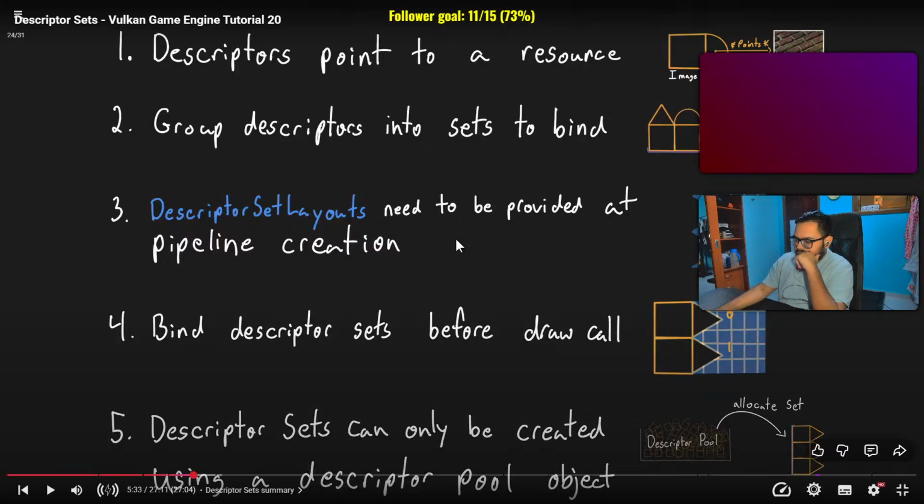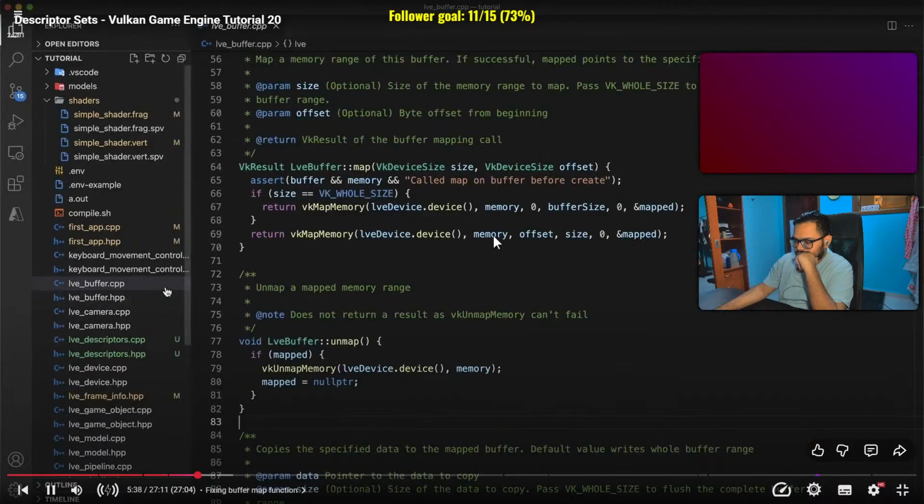Now, before starting with this tutorial, there's a small change to make to the buffer implementation file. In the map function, we want